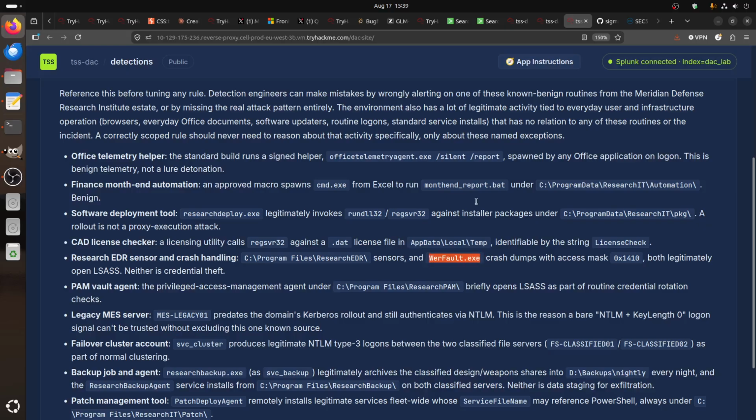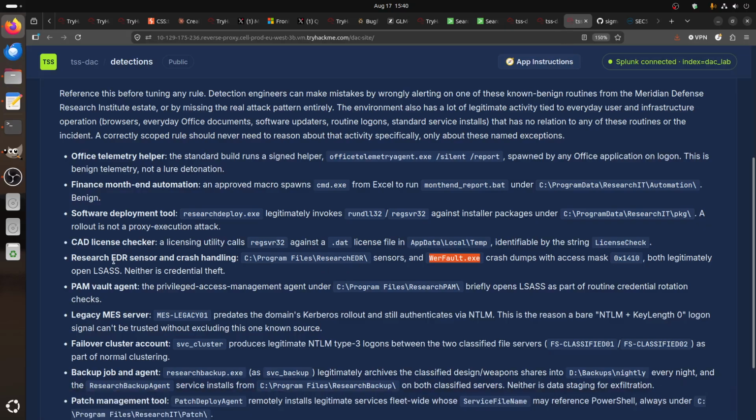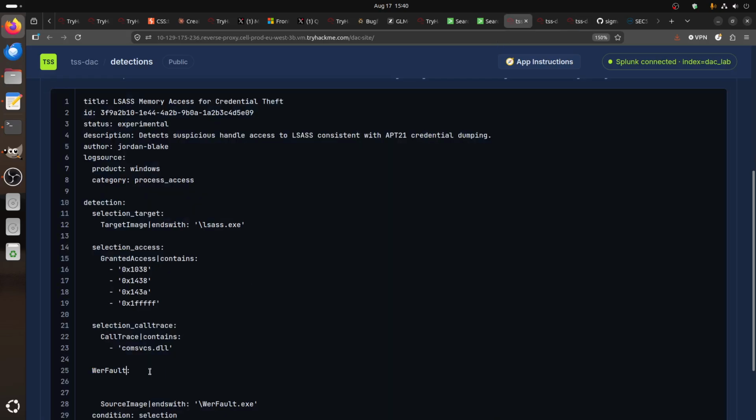We can target this one, but I'm not sure. I'm getting confused. Filter research. So we need to filter these things where fault, but where fault with this access we can do where fault for now, and then we can test what's going on. Sorry, where fault is fine. We can just say